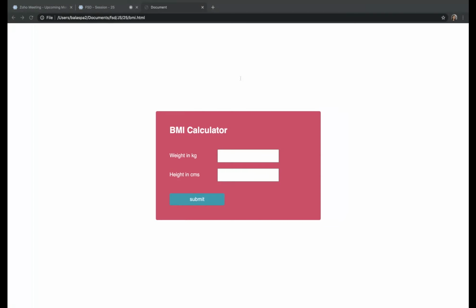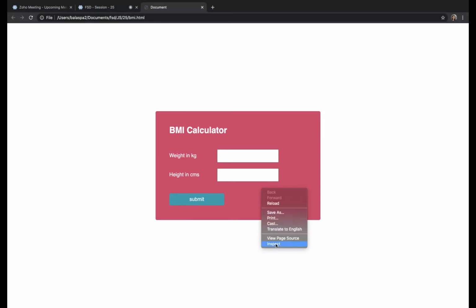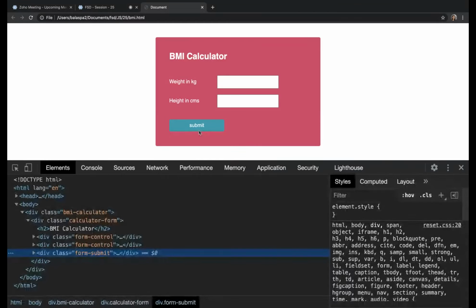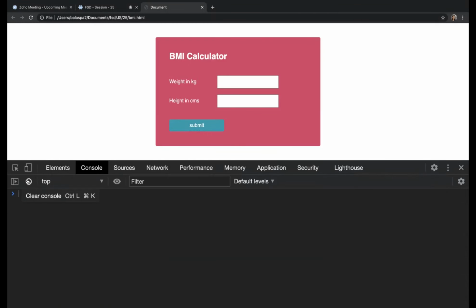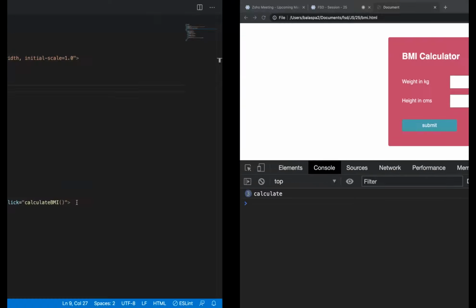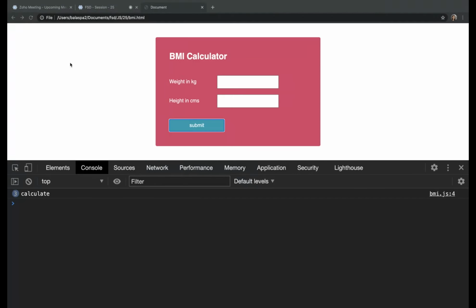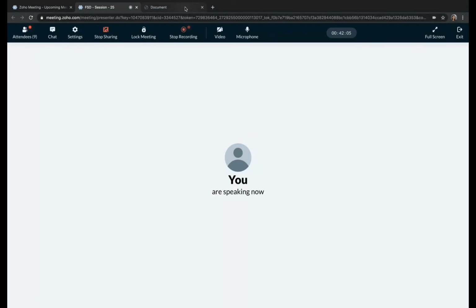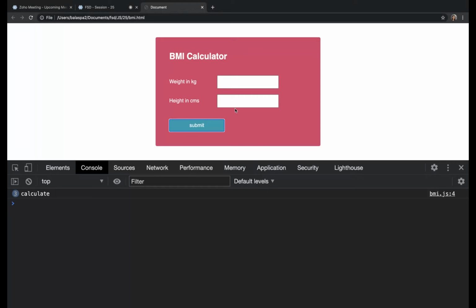Right. We'll check whether it got attached. So while clicking on it, this function is getting called. Okay, so while clicking on it, this function got called.